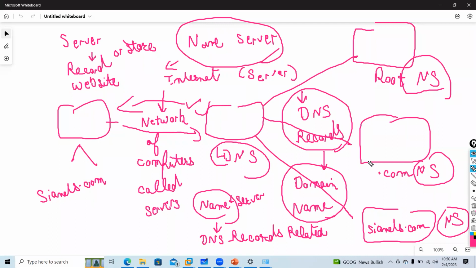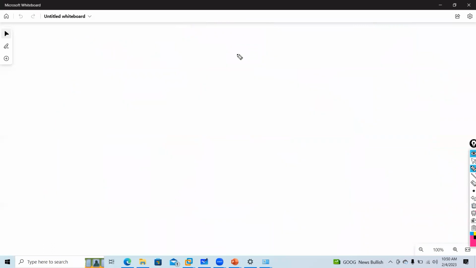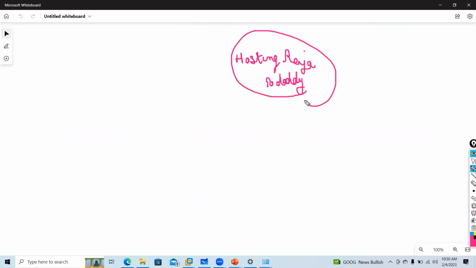So these name servers are managed either by your hosting provider or your domain name registrar. Let's say you want to register your company website, you need to go to Hosting Raja or GoDaddy. They will give you a name server, and they manage your name server.